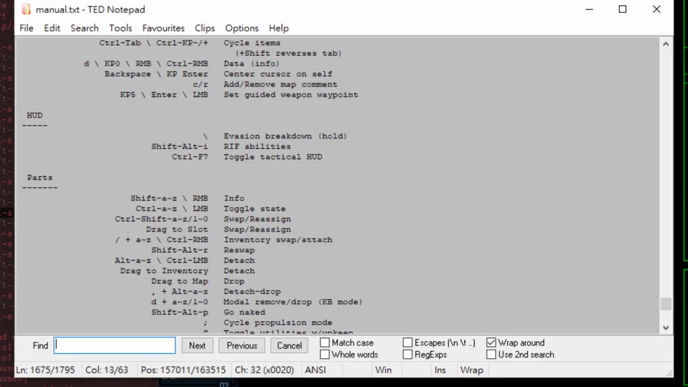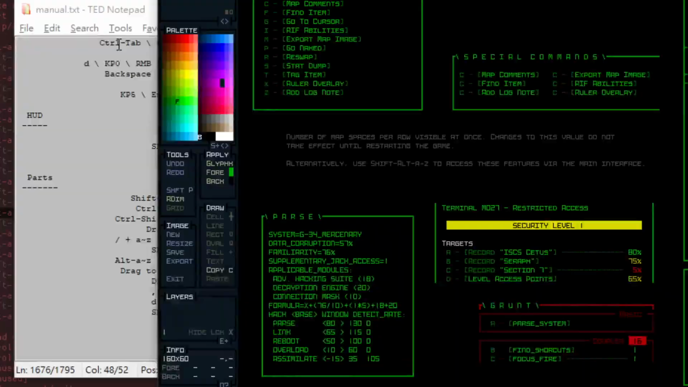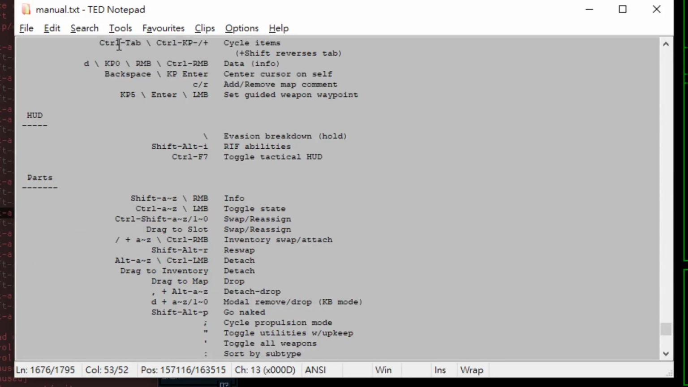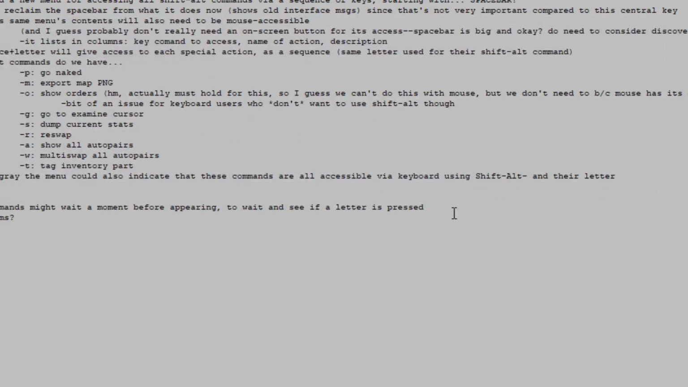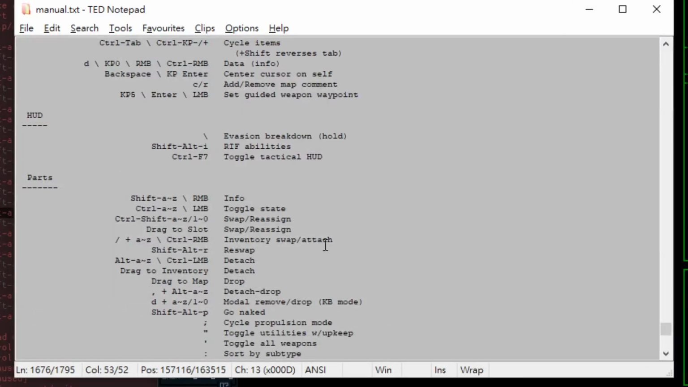I got riff abilities. Riff abilities, Shift Alt I. Actually, yeah. So we're also going to need, let me make a note of this. Don't want to forget. We're going to need this in the manual as well. Specifically, we won't want to just have riff abilities. We'd have something like